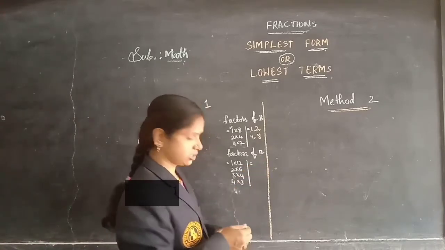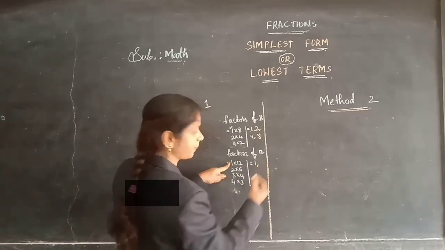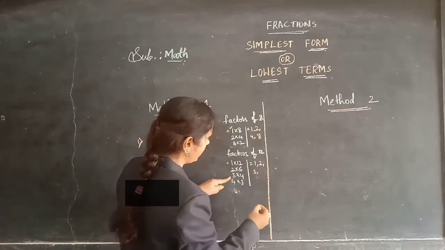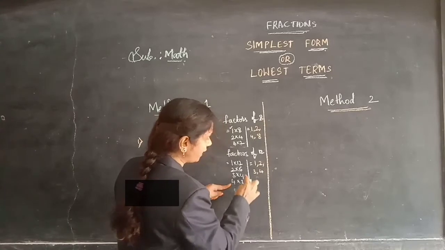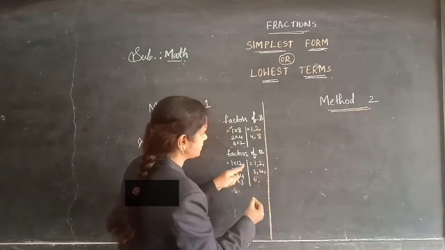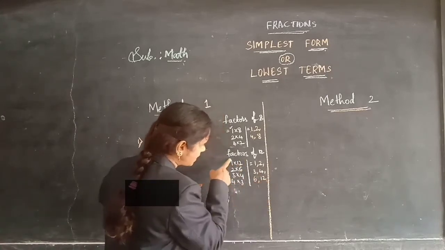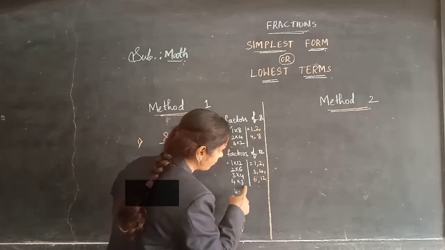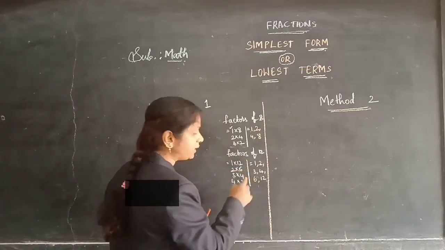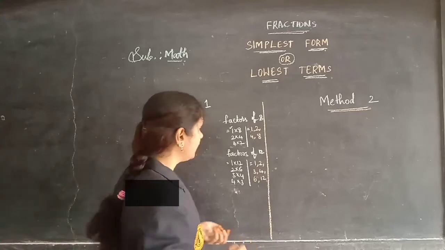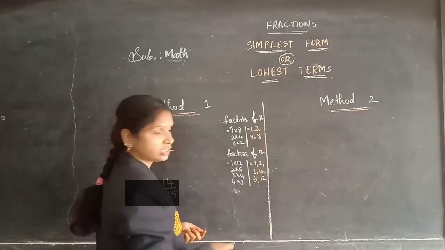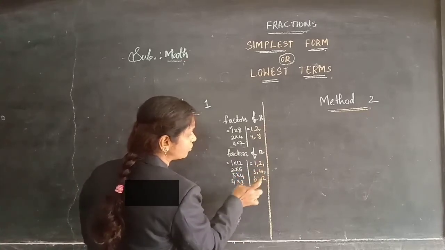How can you write the factors of 12? Here 1, next 2, next 3, next 4, and then 3 4s is repeated, children. So don't repeat, okay? Next directly go to 6 and next 12. I am starting from here and rotating back till the top, and the repeated numbers I am skipping, okay? Now what are the factors of 8? 1, 2, 4, 8. And factors of 12? 1, 2, 3, 4, 6, 12.